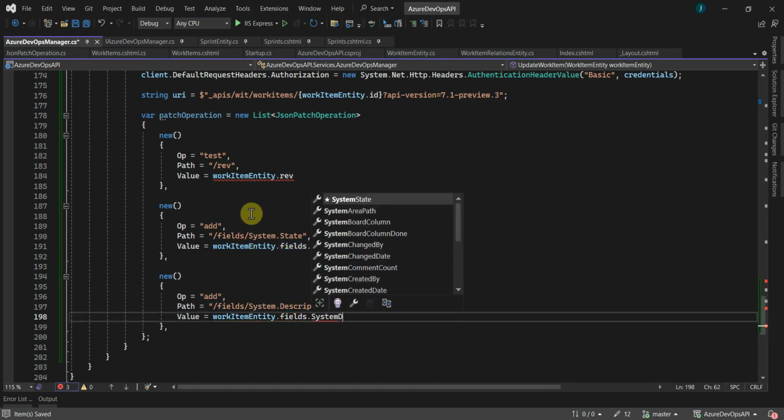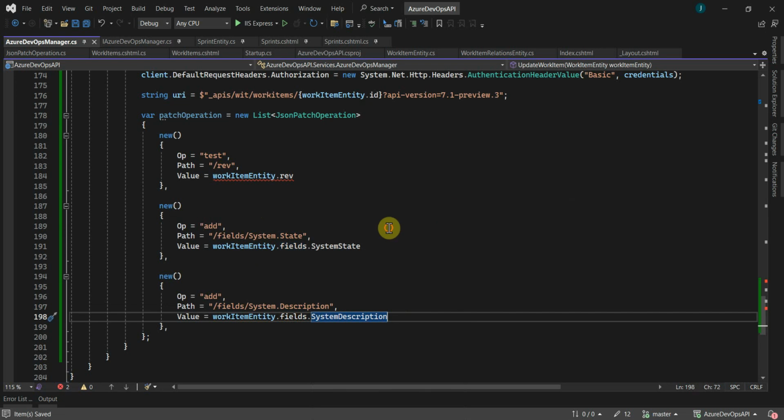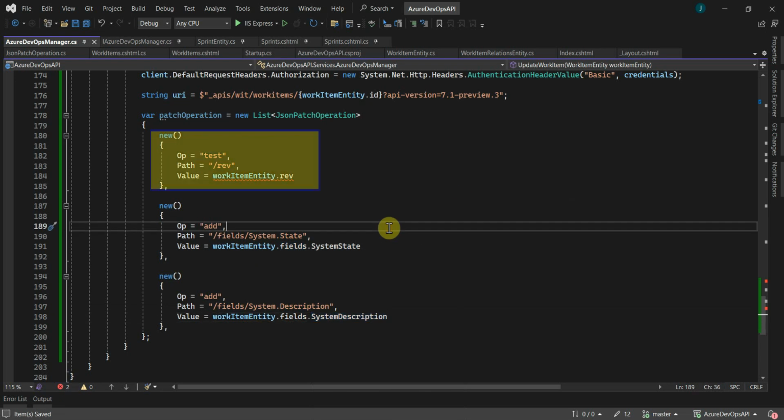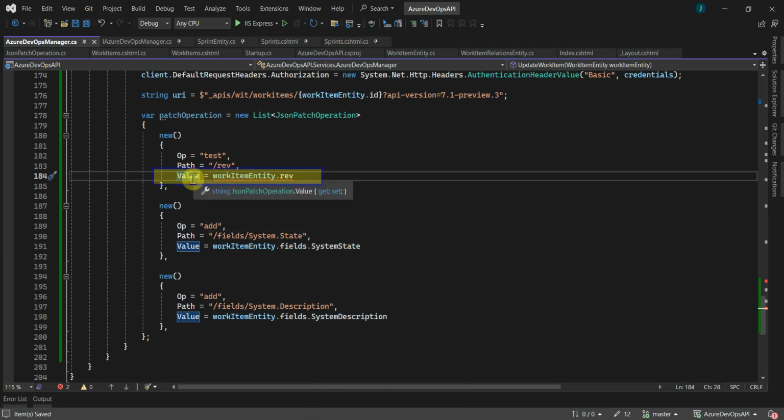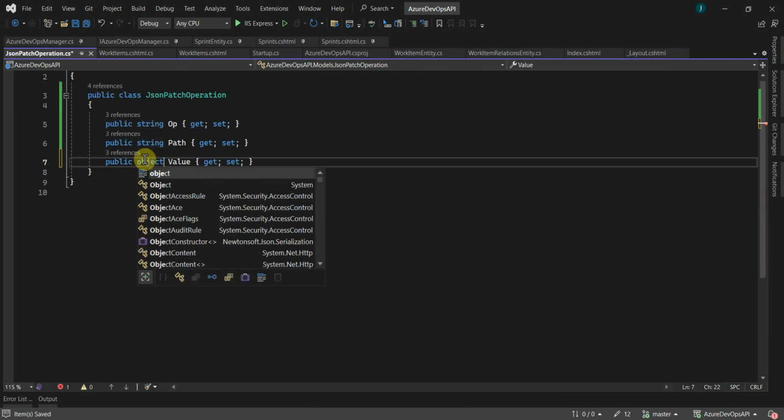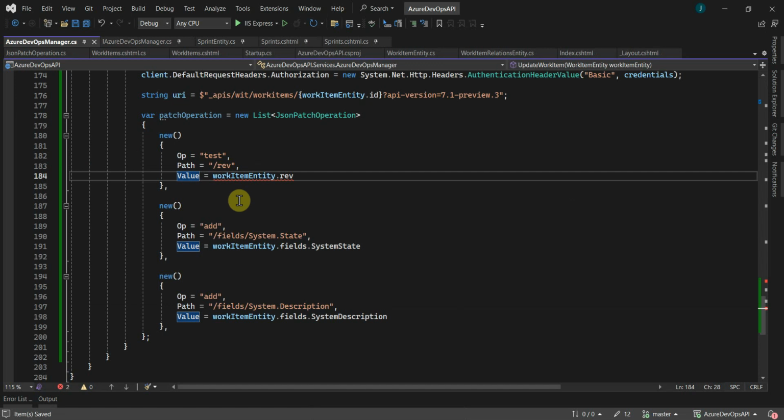So here I have added three objects into the list of JSON patch operation. So for the first operation, we need to provide the value as test and the path as revision to provide the work item revision to the Azure DevOps REST API. Now for the value type, I have used string, but we have to change it to object so that it can take the integer value from the revision as well as string value from the other properties of work item